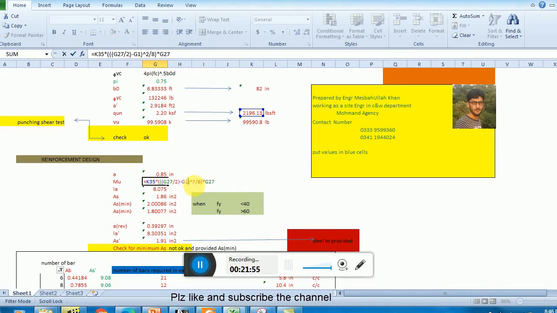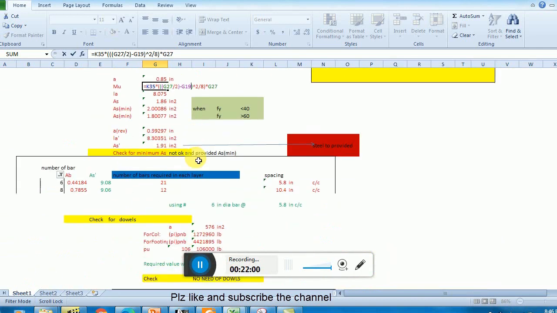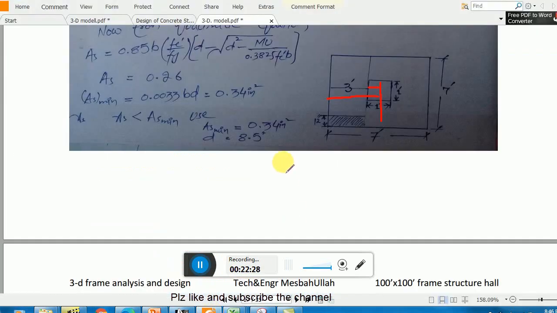Here we also have a bracket, and then minus this one should be removed, and this one is 1 divided by 2, closing the brackets. And then square it. Now you see 674 pound feet, this is almost